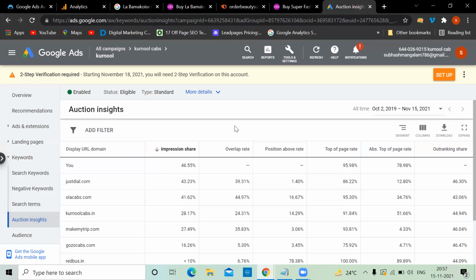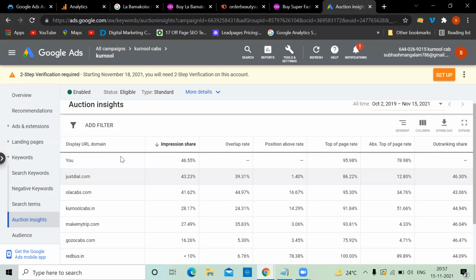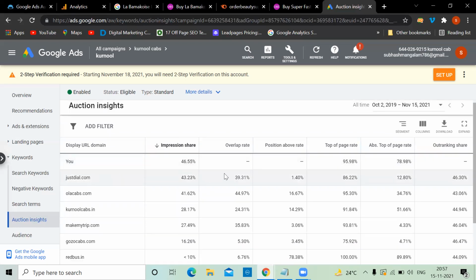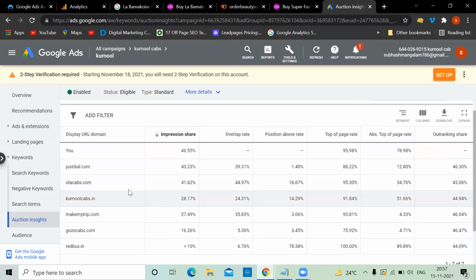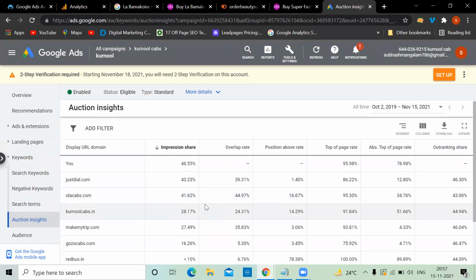You can't overlap yourself, that's why it's blank. When your ad is appearing, Just Dial appeared 39%, Ola Cabs 44. So only Ola Cabs is giving somewhat more competition than the others. Overlap rate is when your ad is appearing, they also appeared, whether on top or below, but they're appearing.